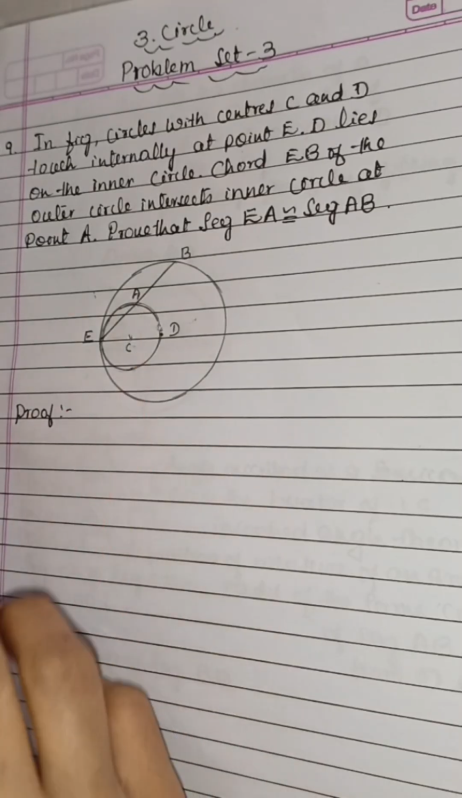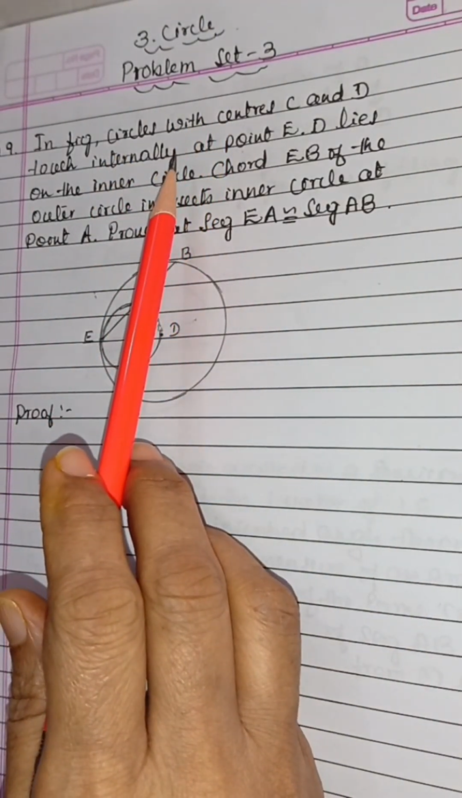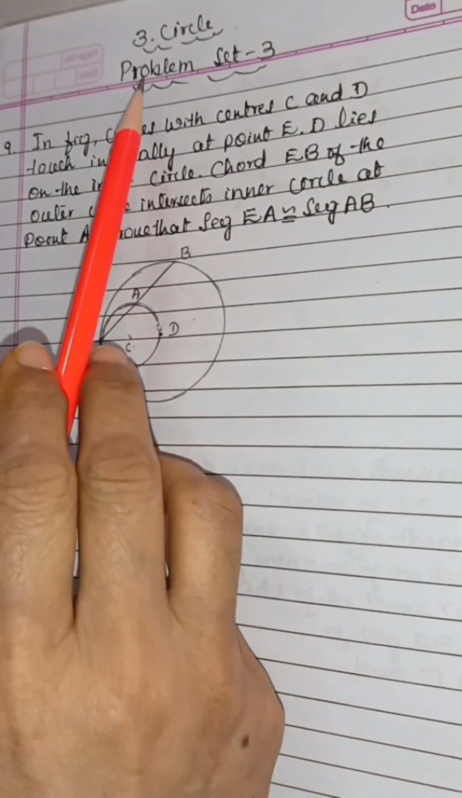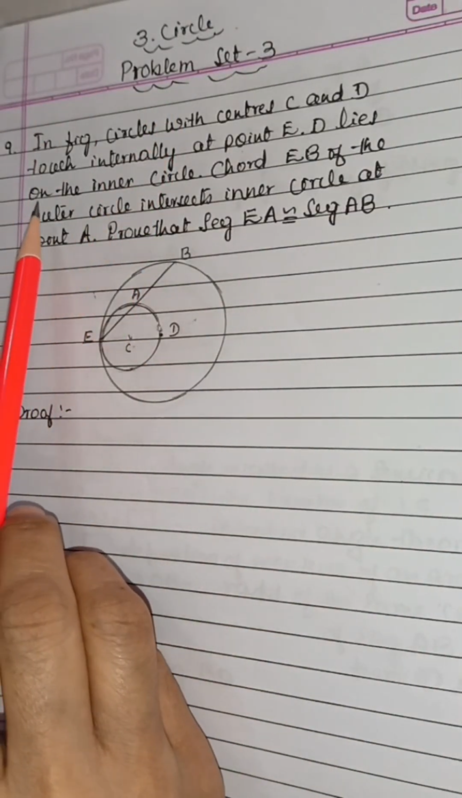Today we will continue solving problem set 3 of 10th standard maths part 2, geometry, in the third chapter, Circle. Okay, the 19th one is